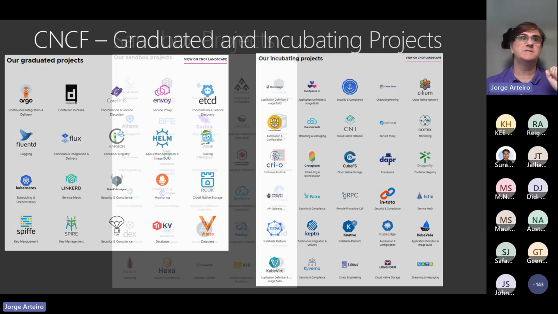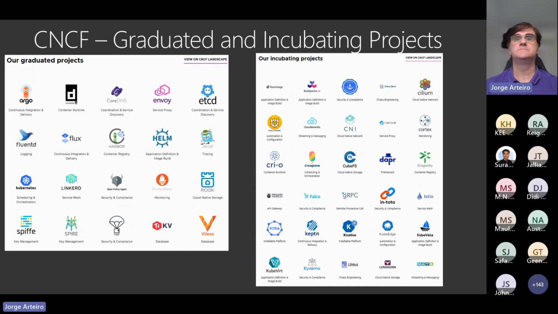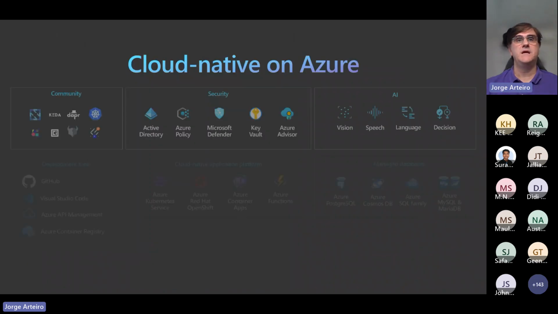And those are the projects. There are projects called Sandbox. There are new projects coming. Mostly are new ideas, and it doesn't mean that they will go forward, but there's a big chance that if the community likes a project, this project is going to become an incubated project, and at some stage be graduated. Okay, that's CNCF.